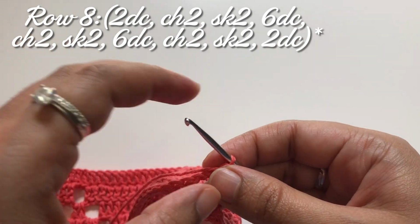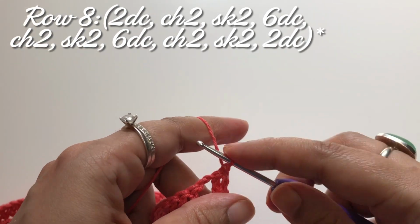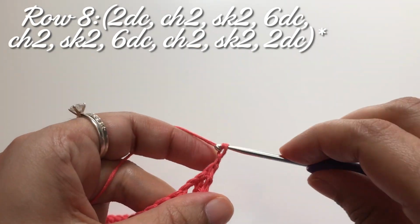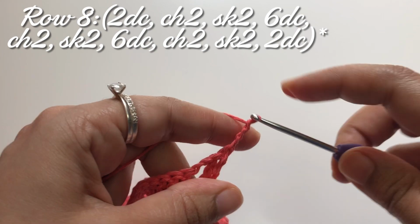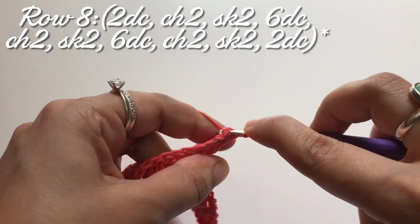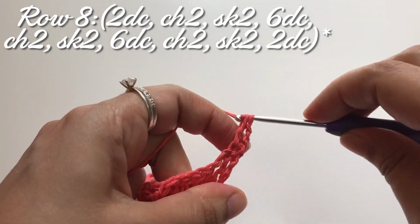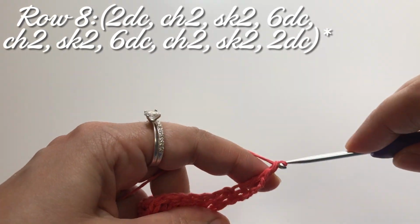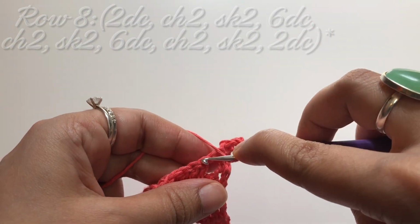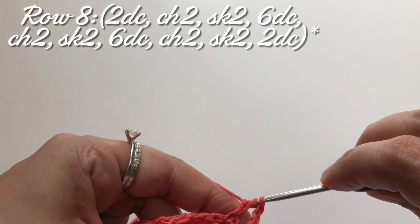For row number 8, chain 3, 1 double crochet, chain 2, skip the 2 chain space and work 6 double crochet,